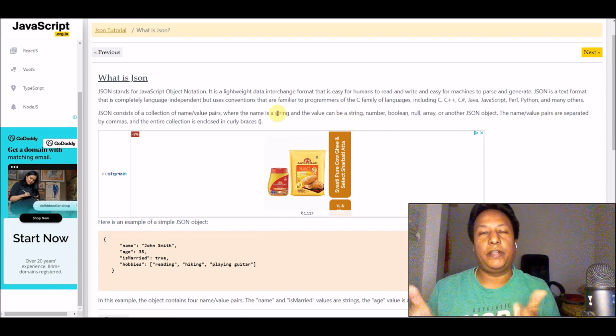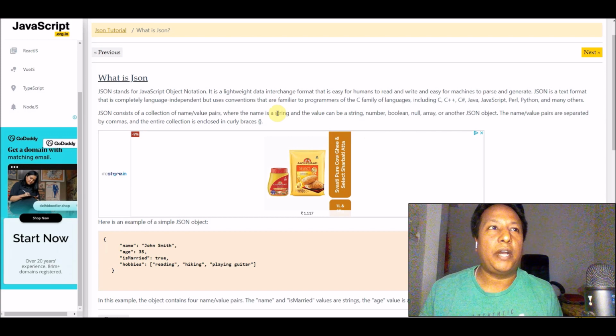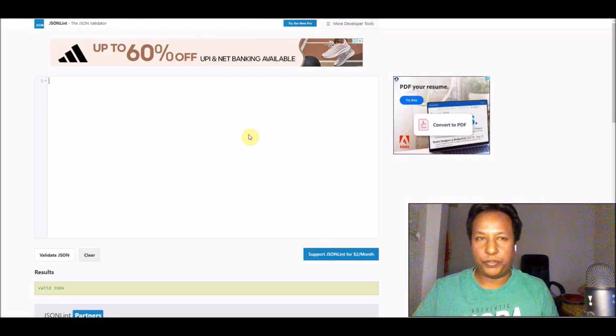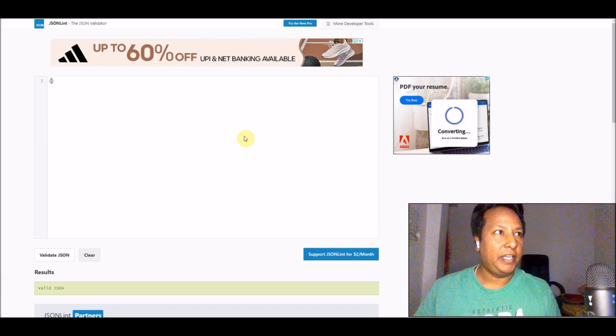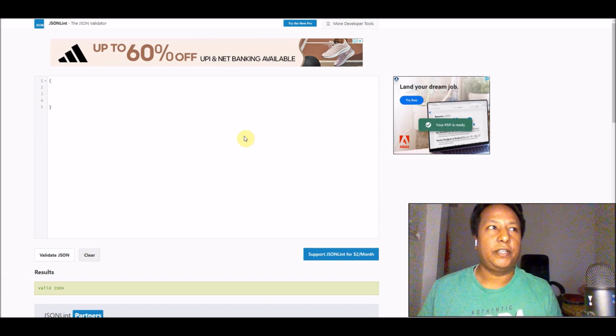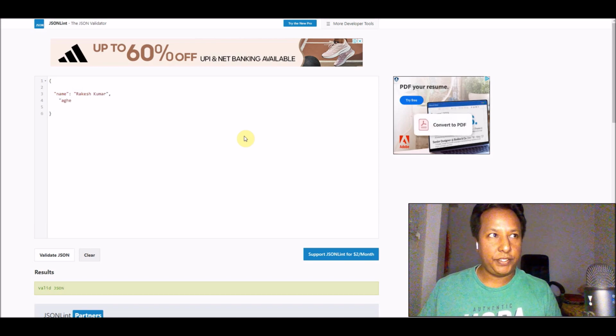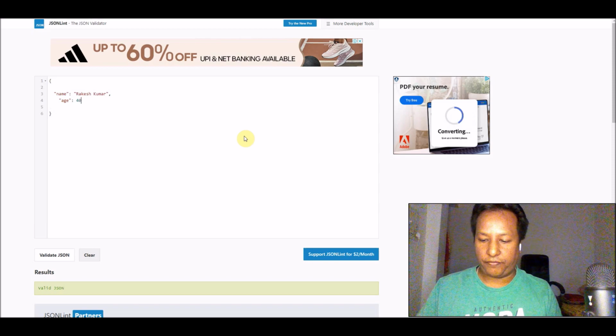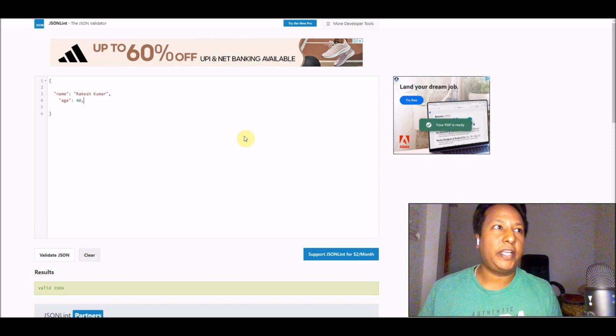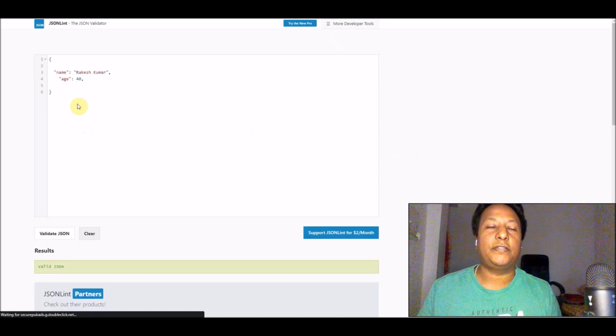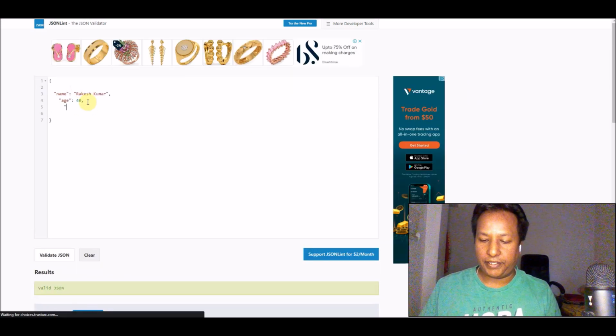Now let's see how to create a JSON. So what I'm going to do, I'm going to create a JSON. This is a bracket. Okay, now in this object we will create one key, name, and the value is Rakesh Kumar, age, and then we can write 40. Now the 40 here, we are writing 40 and we are not using double quotes because 40 is a number. Okay,